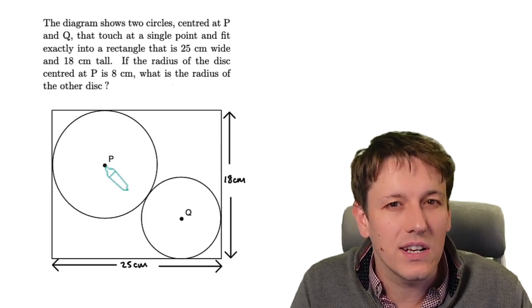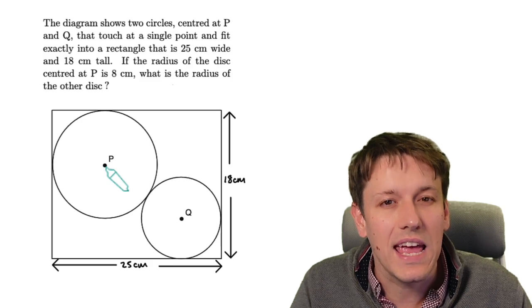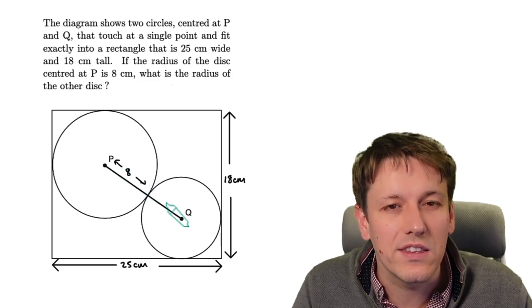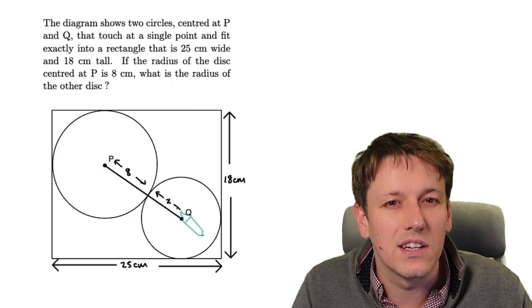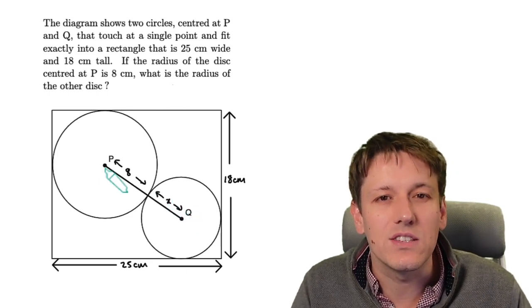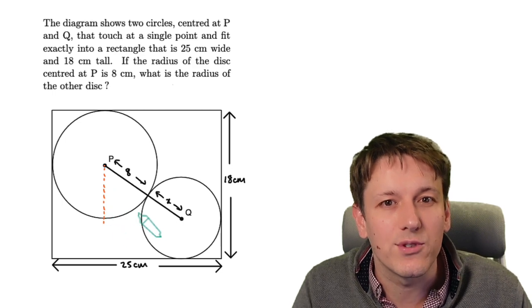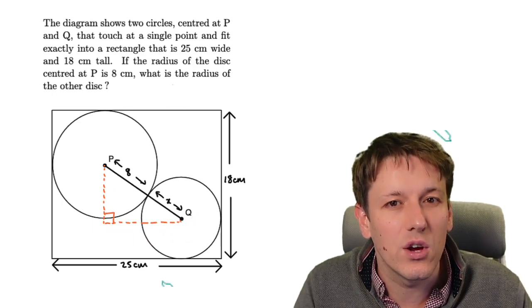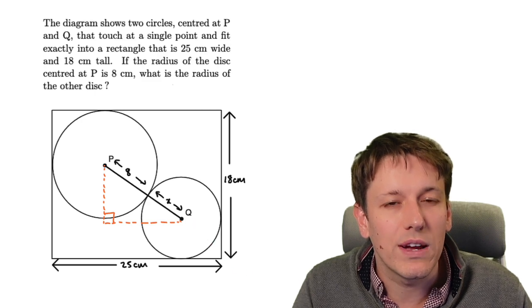second disc. So let's call that second disc's radius x, and notice if we join the point P to the point Q, the centers of those circles, that gives us a line of length 8 plus x. And the key here is to make this into the hypotenuse of a right angle triangle. So if I extend and draw this right angle triangle like so, we would also look around the picture and